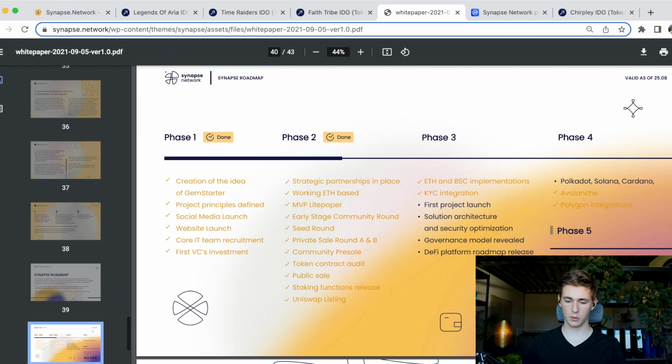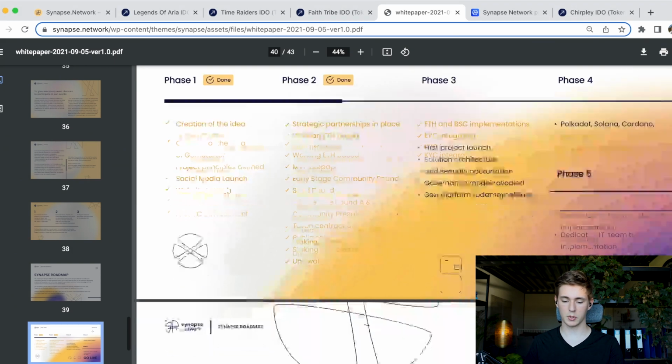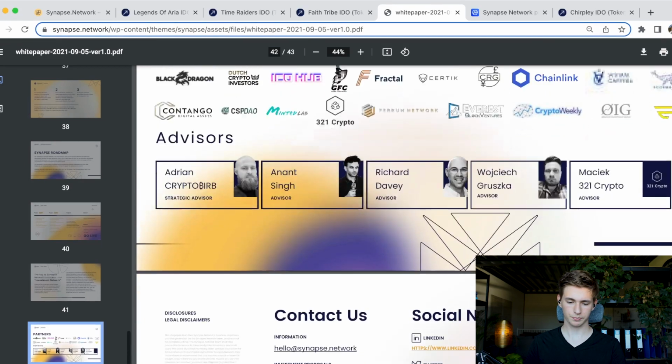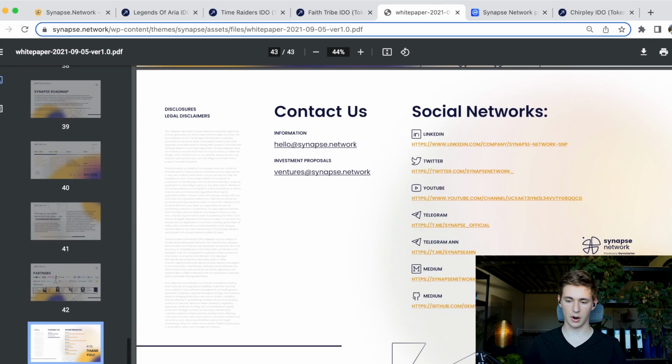They also have phase 5 already planned out. So again, the roadmaps are looking quite good, professional, and the team just seems to be doing a lot of stuff. They seem to be progressing, developing at a pretty good rate, especially during this bear market. So overall, pretty bullish on that, but we already discovered most of the roadmap. So I'm moving on for now. Here again, we have their partners and their advisors, and then here are their social links. All right, let's now look at their token, my personal price prediction for this project, and quickly take a peek at their current community sentiment and their Twitter.